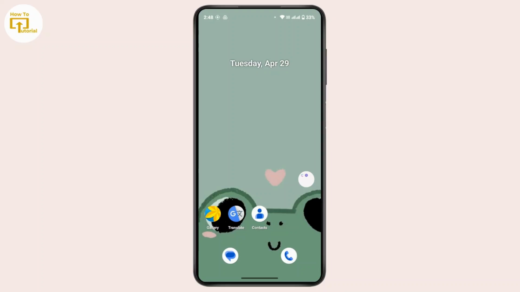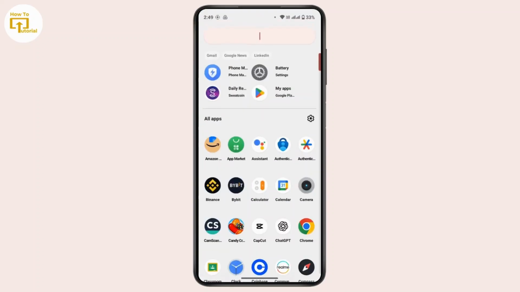So before you factory reset your Android device, make sure that you have backed up all of your important data such as your contacts, your photos, your WhatsApp chats, and all of your important files and documents. Make sure to remove your Google account from your device. Once you have done that, in order to perform the factory reset, open up Settings